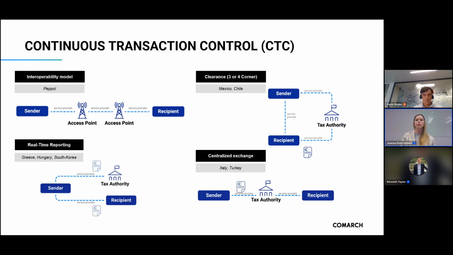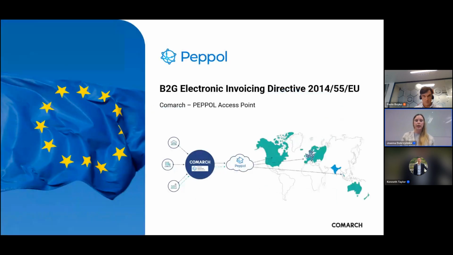This is an example of an interoperability model, and its aim is to standardize invoicing processes and allow for seamless communication between different systems and platforms. Basically, it can make it easier for businesses to work with partners in different countries. What is interesting is that PEPL was primarily created in the European Union for promoting invoicing between European countries, but the rules promoted by PEPL were so universal that many countries outside of the European Union are using